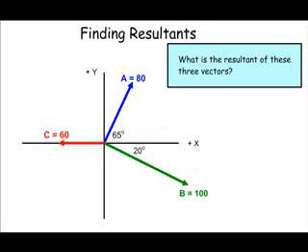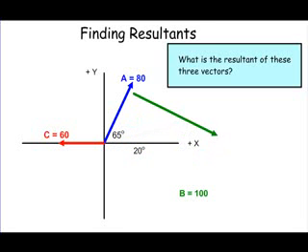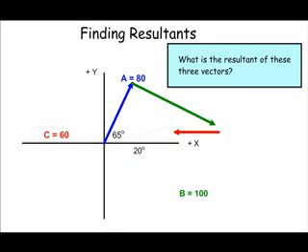So I have these vectors A, B, and C, and if I use the head to tail method, I can take vector B and move it so that its tail sits on the head of vector A, and now I can move vector C and place it head to tail with vector B,